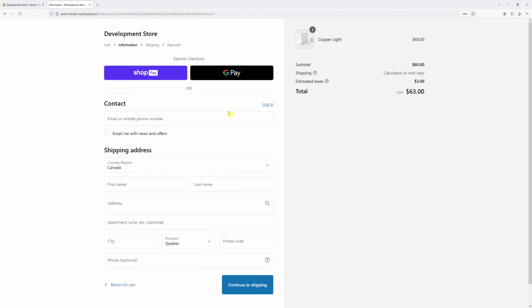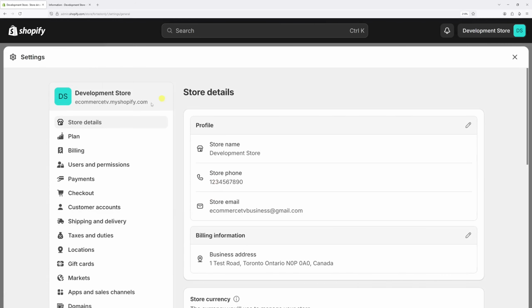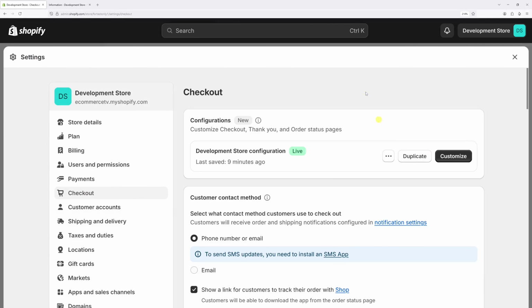If your Shopify store features the classic 3-page checkout, in this video I will show you how you can enable the latest 1-page checkout. Generally, the process is as follows. Once you're logged into your Shopify admin account, click on Settings, and then locate Checkout. Then at the very top, right under the Configurations, click on the Customize,